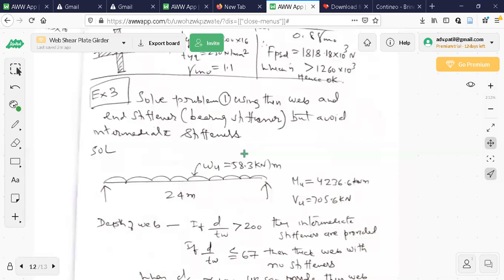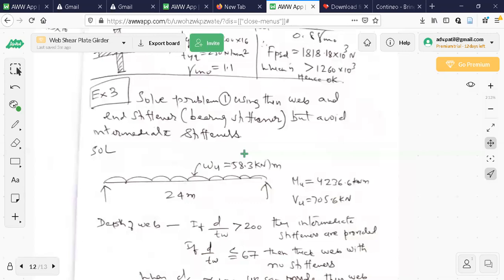Usually when I started solving the first example, there was no necessity. If at all you try to find out FW and VU there, you will find that VU is less, which means stiffeners are not required there. But in the examination, they are not going to set such problems for 40 marks. Student has to design, the problem is set in such a way that it is clearly given: design intermediate and end stiffeners also. Otherwise, it will not merit 40 marks.